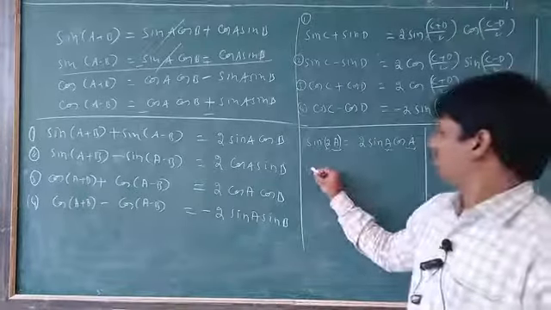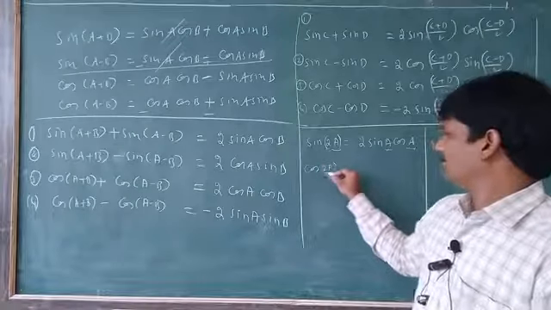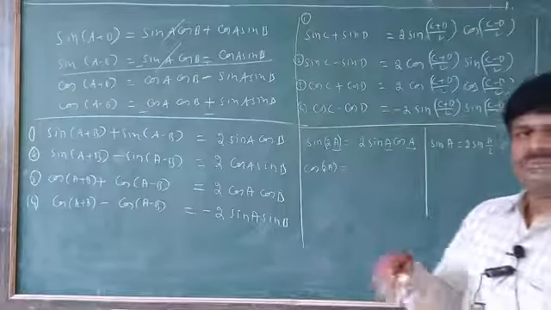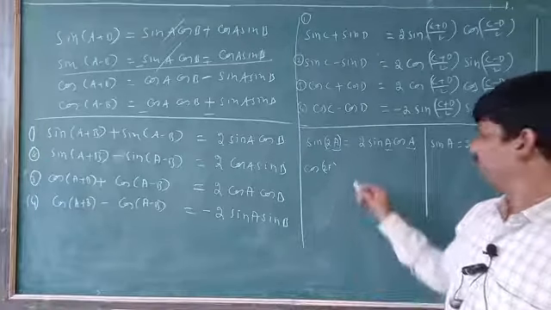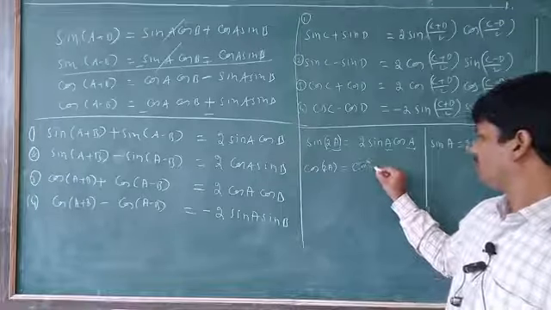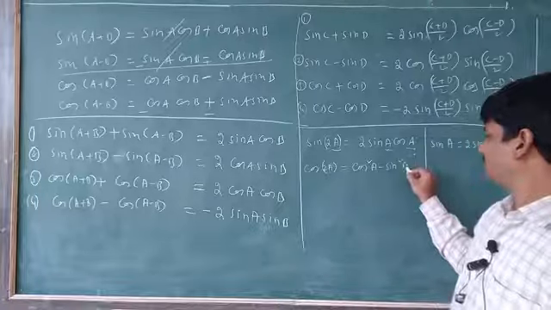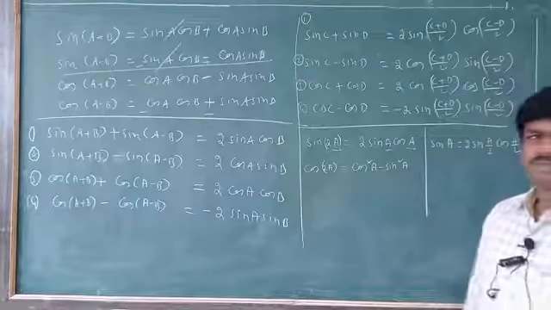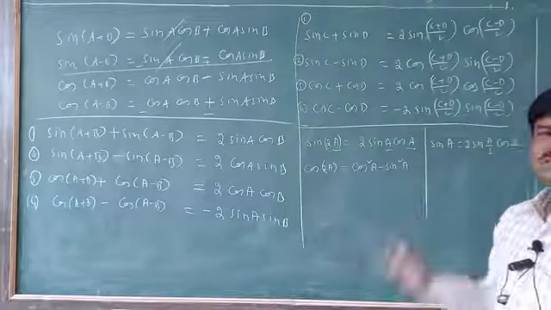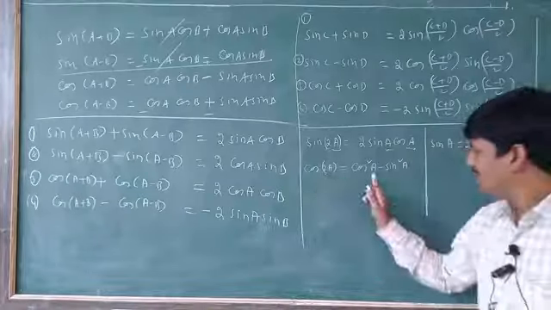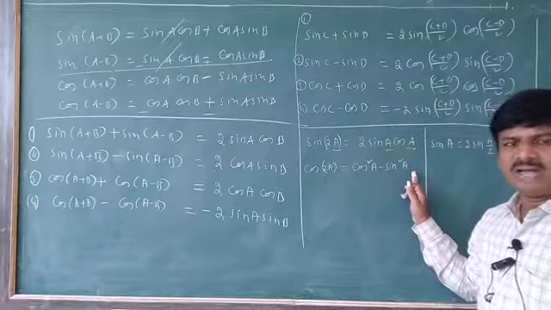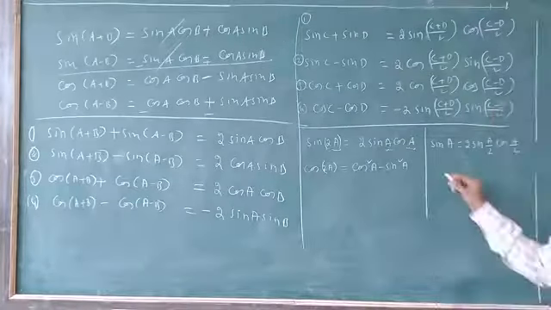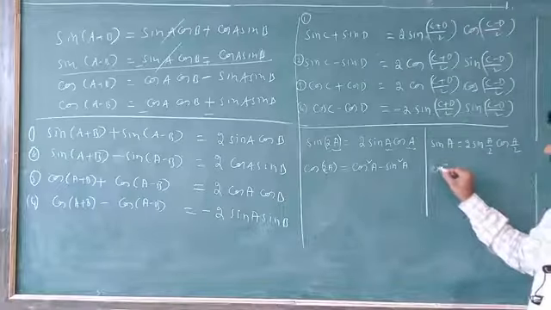Suppose next cos 2a, writing here. What is the formula of cos 2a in terms of cos and sin? Cos square a minus sin square a. Here 2a is there, here we got angle a. Here also we got angle a only. Right? Next, here what I am doing? Cos a I am writing.